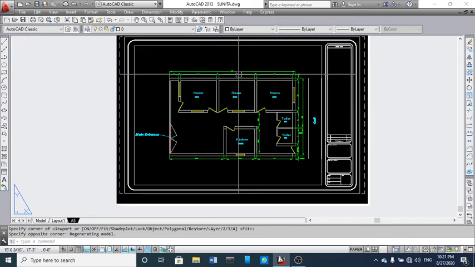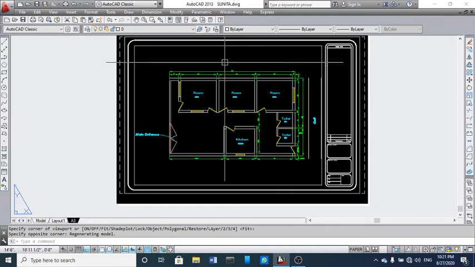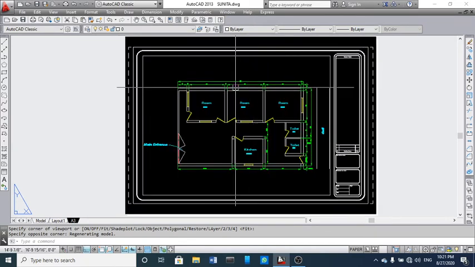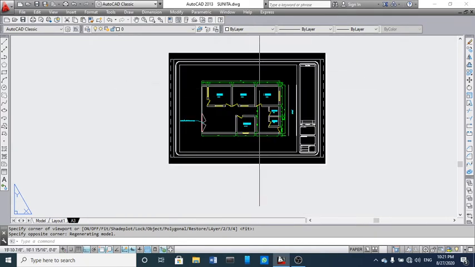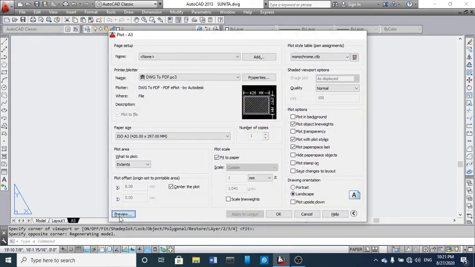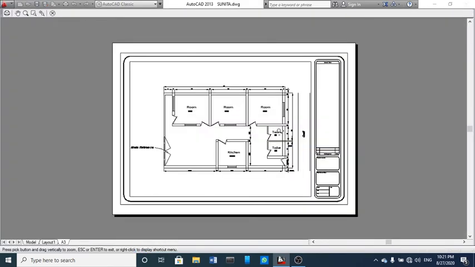So this is how it comes in layout. Now you can see again, Control P command and see the drawing here. You can see this is the complete drawing in layout. So this is how we can make a page setup in A3 layout.